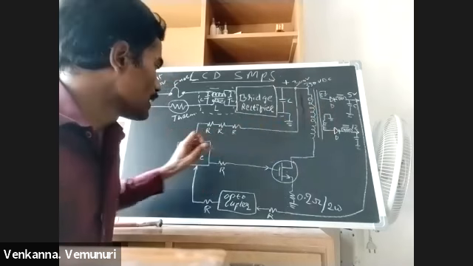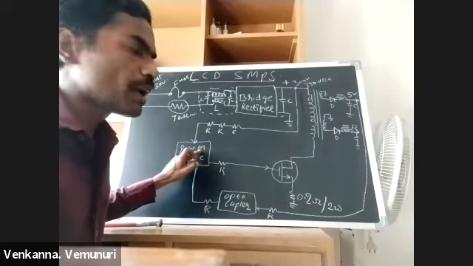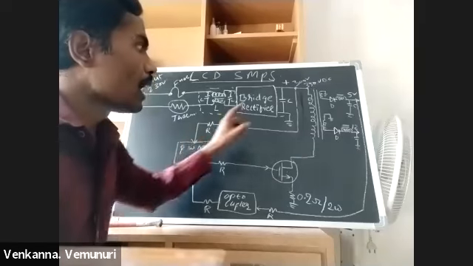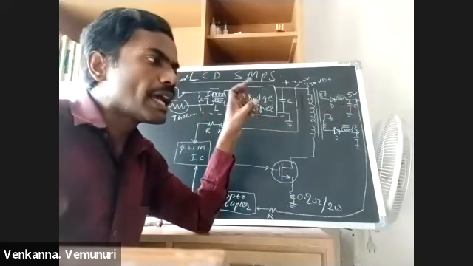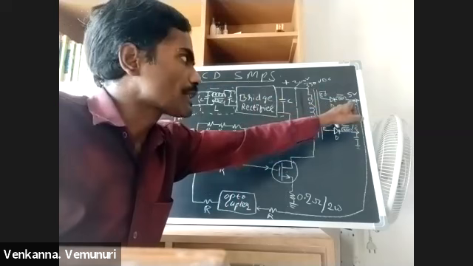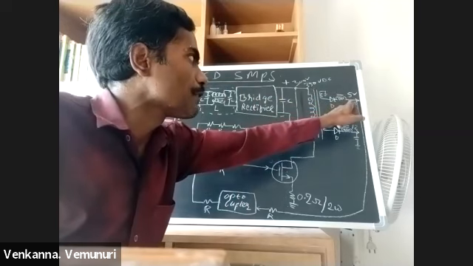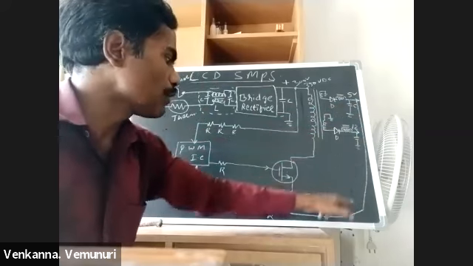And here, this PWM IC is generating switching signals and at the same time it is monitoring output voltages. For example, in this 5 volts line, if there is any short circuit, at that time the voltage here drops. Actually, here we are receiving feedback voltage from this 5 volts line. This is the 5 volts line.